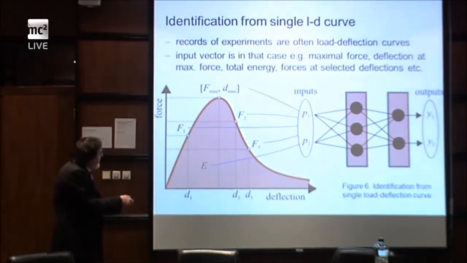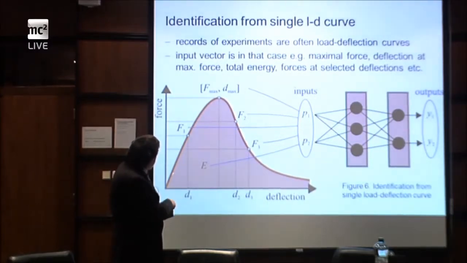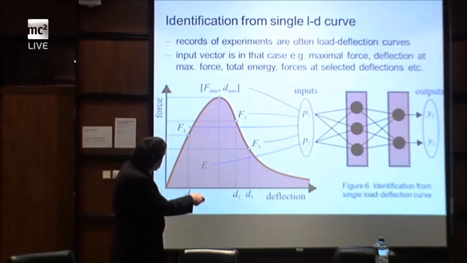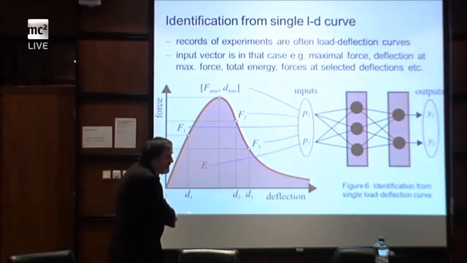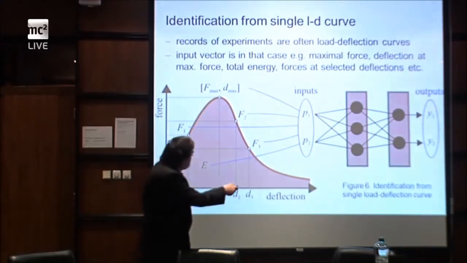And then we can answer the question if we have an experimental curve. So we just put the points of the experimental curve, and after the network is trained, it will answer the question: what are the best parameters for a specific curve? And this is the beauty, as I emphasized, that we go, let's say, from a load-deflection curve to input